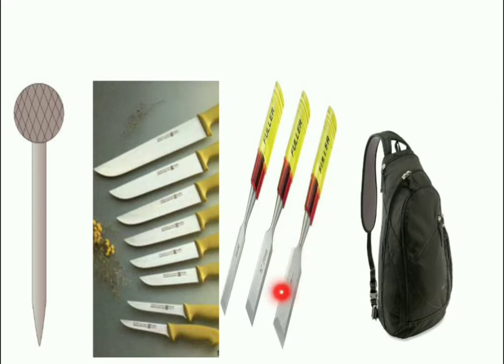Can you see this chisel? Do you know how they make the chisel sharp? They make it sharp by reducing the area. Here the diameter is big, and when you come down, see how thin it is. This is thick and this is thin. Thinner the area, more the pressure.